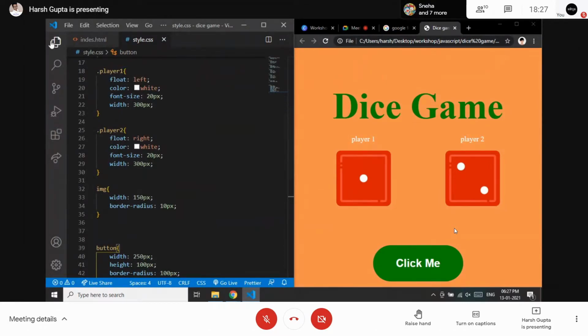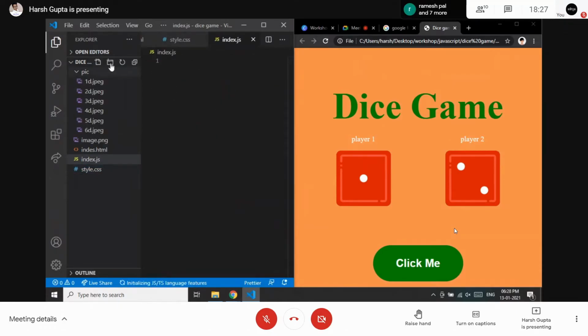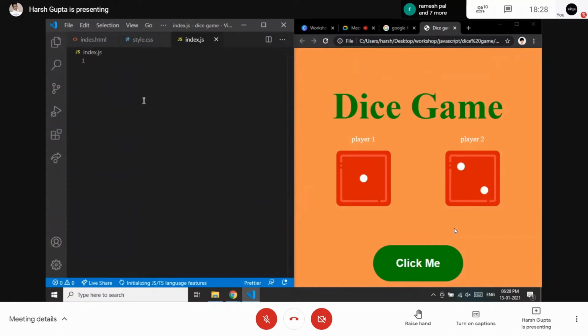So let me create a JS file, which is named index.js. And I hope today it will work. So let's say I'm giving a function name. I have created a function in JavaScript with the name message. Message is like MSG, which is a reference to the message.